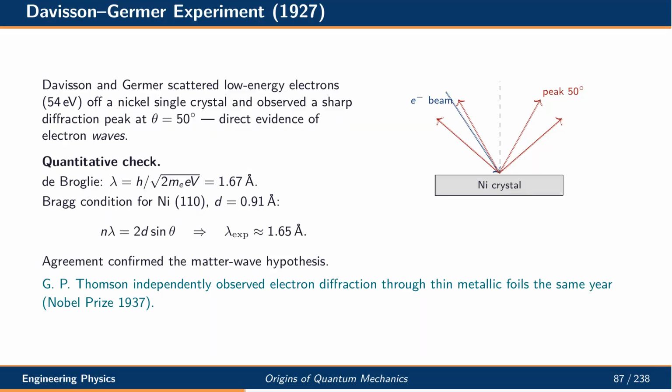Davisson and Germer scattered low-energy electrons from a nickel single crystal and observed a sharp diffraction peak at 50 degrees. Using de Broglie's relation, the predicted wavelength matched the Bragg analysis of the nickel crystal extremely well. This was direct evidence for electron waves. G. P. Thomson independently observed electron diffraction through thin metal foils the same year. Both shared the Nobel Prize in 1937 for confirming the